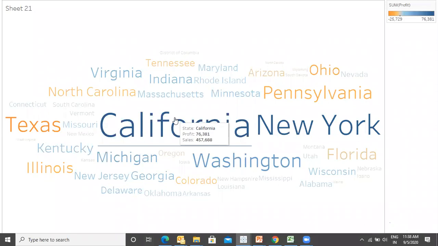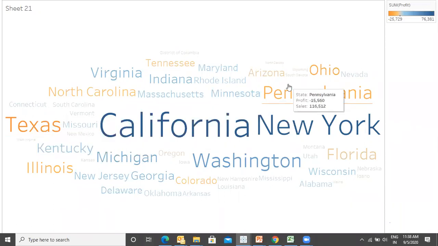Texas, bigger size means good sales, but color is saying less profit. So Texas is basically giving us losses. Same goes with Pennsylvania. Again, good sales, but less profit. On the other hand, if we go to Virginia, comparatively less sales, but we are getting profit over here.